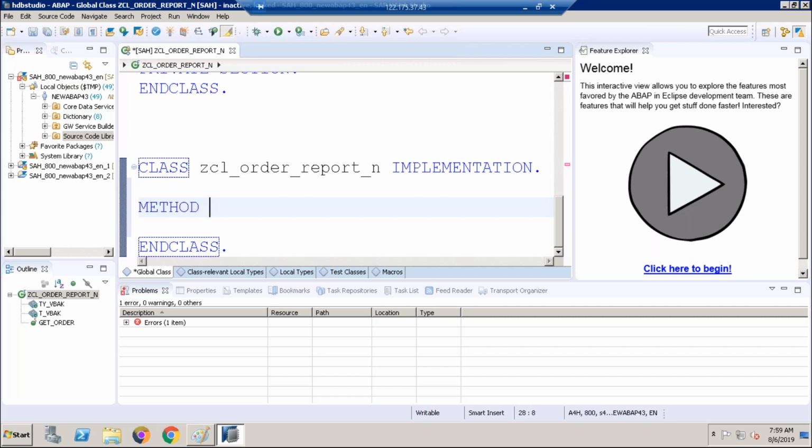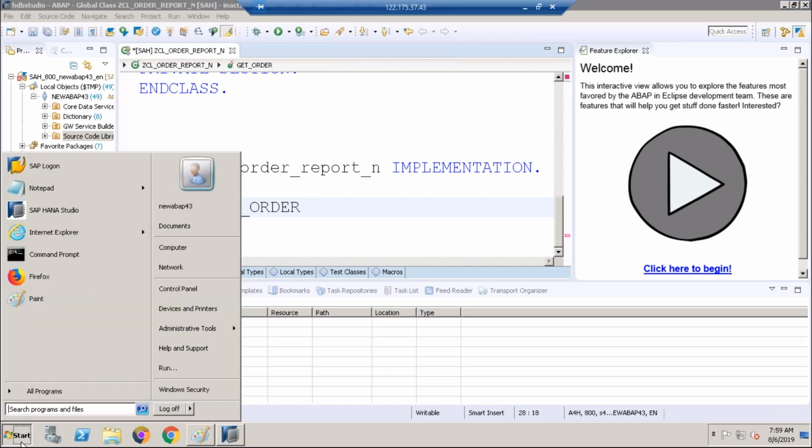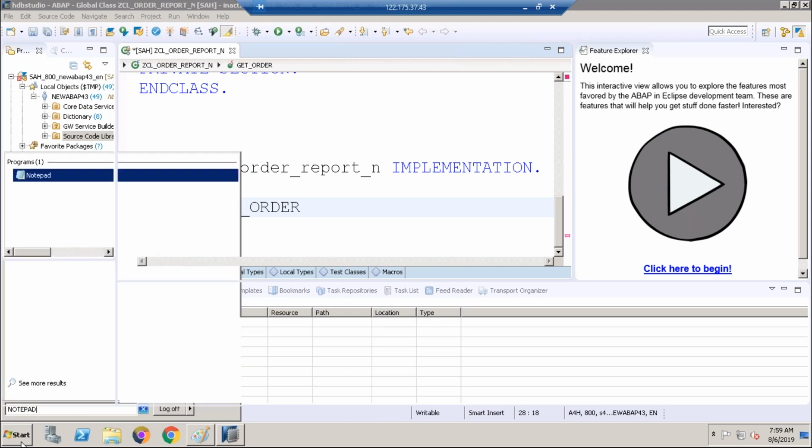So write the method. Method name. Now this is an ordinary method, guys. But this entire method should be executed in database layer. So we need to write like this.